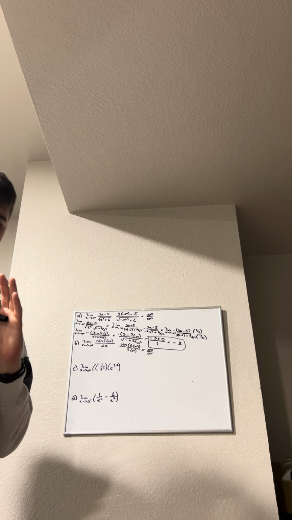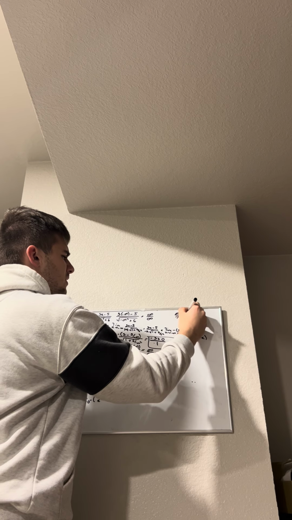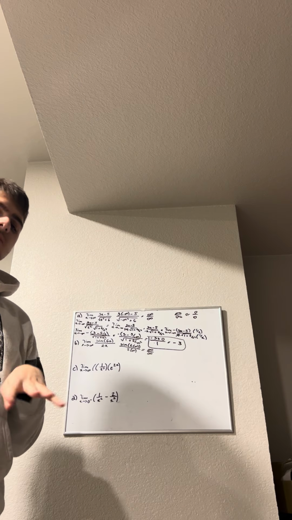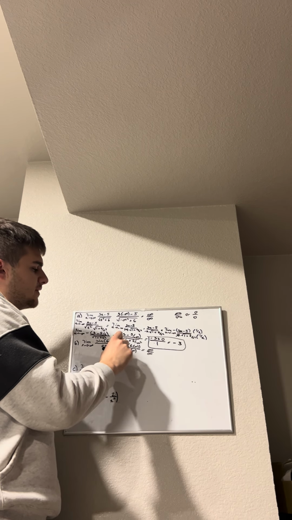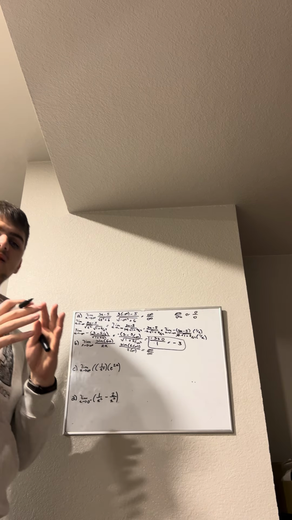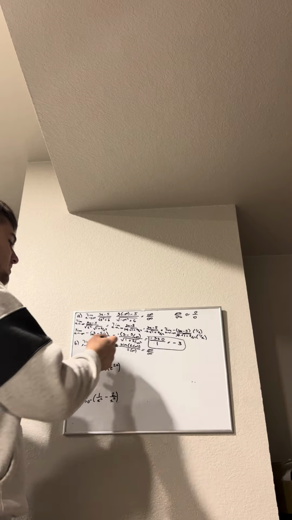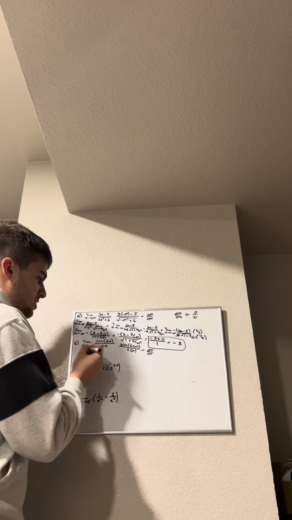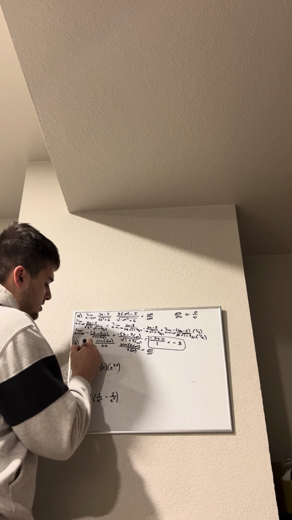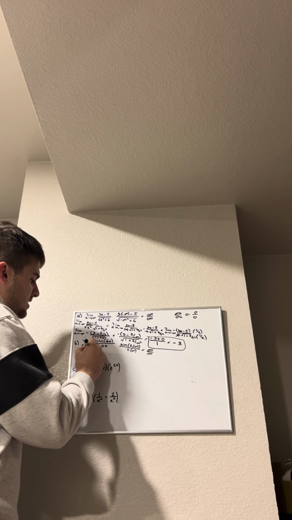Now, when it comes to non-determinate forms, whenever you get infinity over infinity or 0 over 0, this means that you can apply L'Hopital's rule directly to the limit expression, which means that you have to take the derivative of both sides individually, not as a single function. So you don't have to apply the quotient rule in this case. So we can just apply L'Hopital's rule. You write L, H equals the derivative of sine 6x